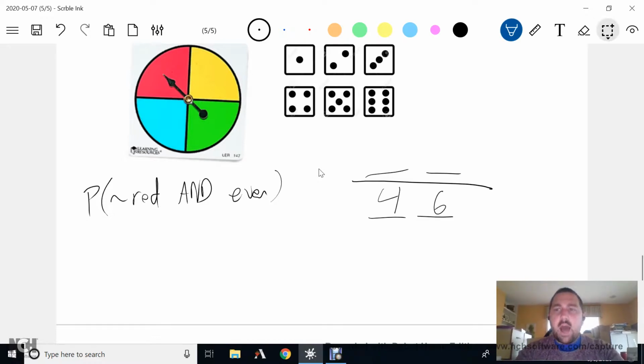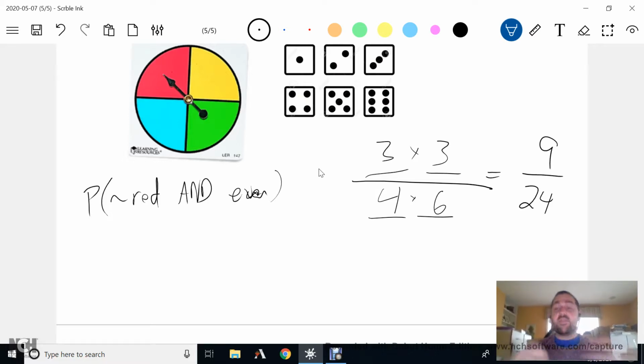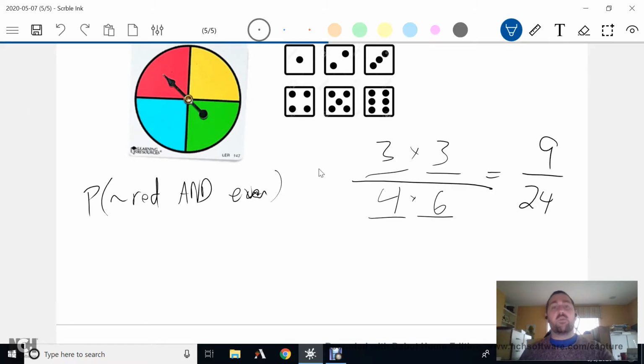And then, how many ways can you get not red? Well, there's 1, 2, 3 not reds, so that would be 3. And how many ways can you get even on a die? Well, there's 1, 2, 3 even numbers. So that would be a 3. And we multiply. 9 over 24. And that's the probability, right? It's somewhere around like 40%, about that. That's the probability that you would get a not red color and an even number if you played this game,